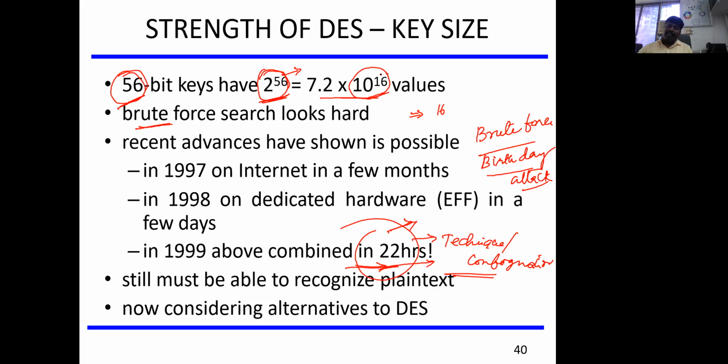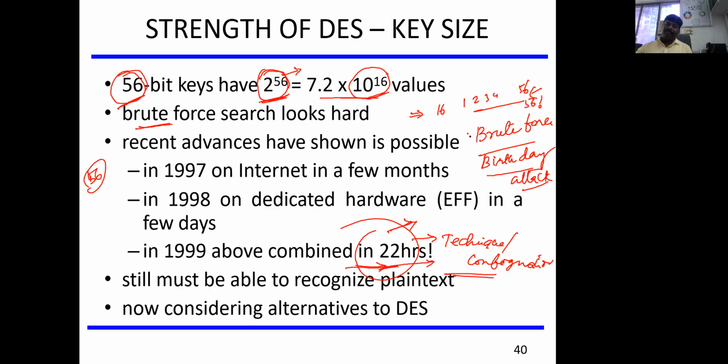If the attacker knows that a 56-bit key is used, he will try all the key combinations in order to get the key, and you need to try all the key values to match with the ciphertext.